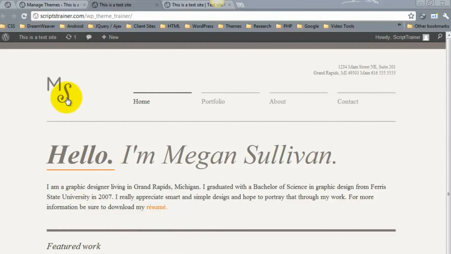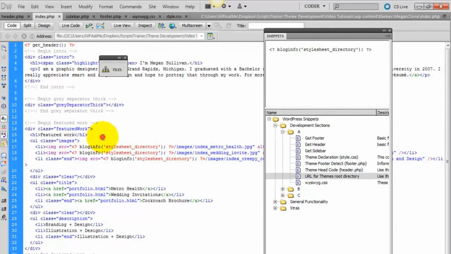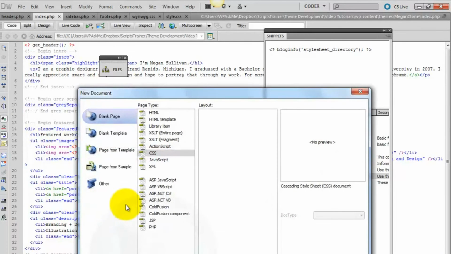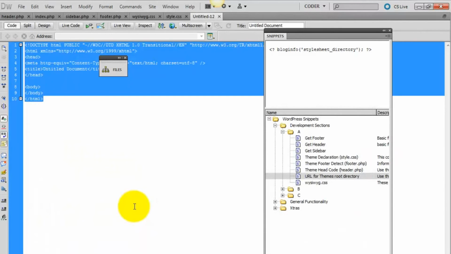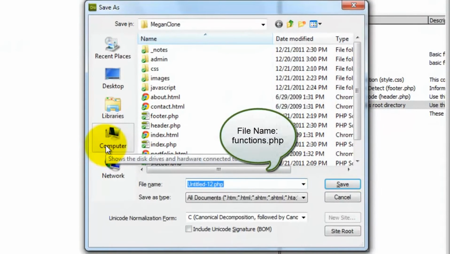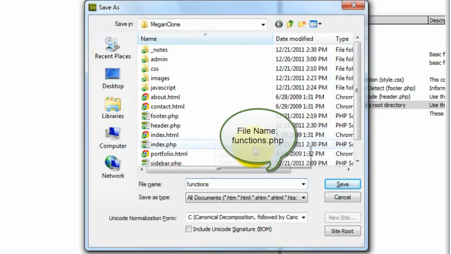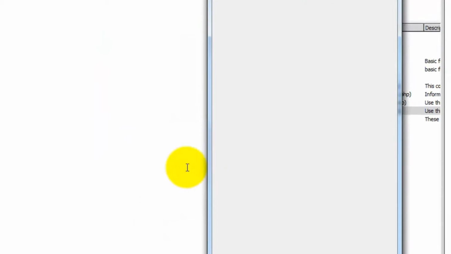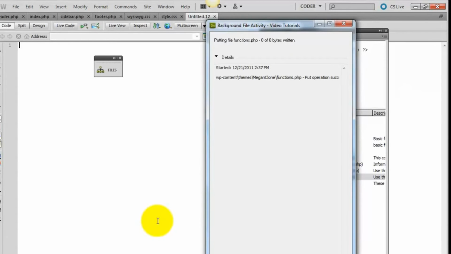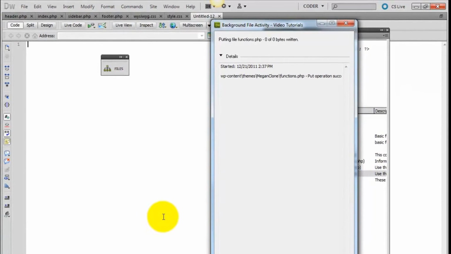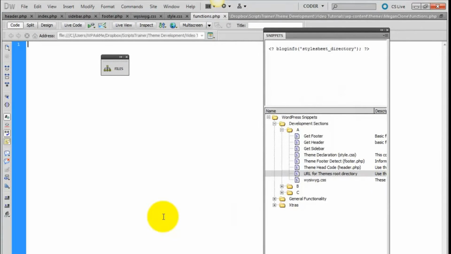We'll begin with the theme options panel. So we're going to create a new PHP file, and we're going to name it functions.php, and we're going to save it in the root of the themes directory. Okay, and now we're going to